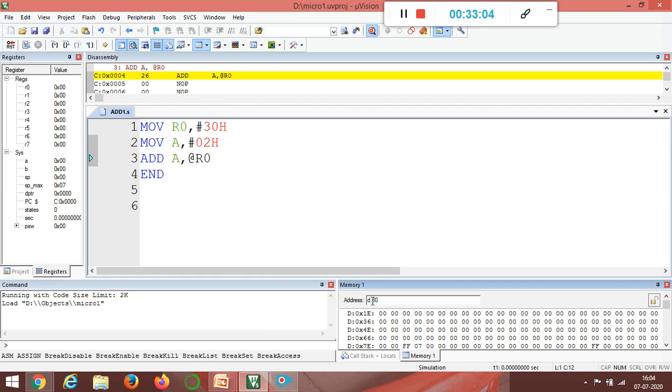So here the controller means this software will take this 30 as a decimal number, then it will convert it to hex, that is 1E. So it will ask to enter the value in 1E. But I want, this is also correct, but I want to declare this 30 as a hex. So there is an option. So I will use that option, that is D colon 0x30, then press enter, then you can see 30 only.